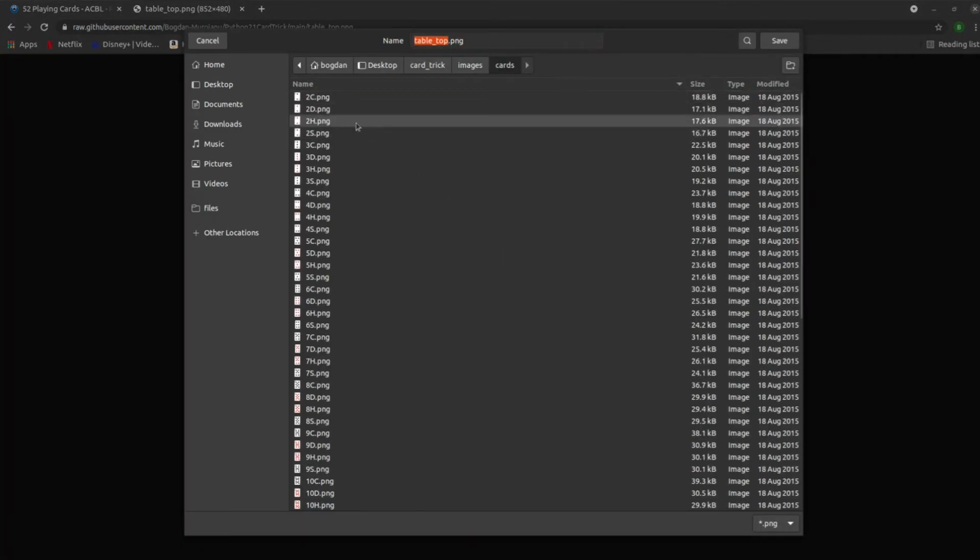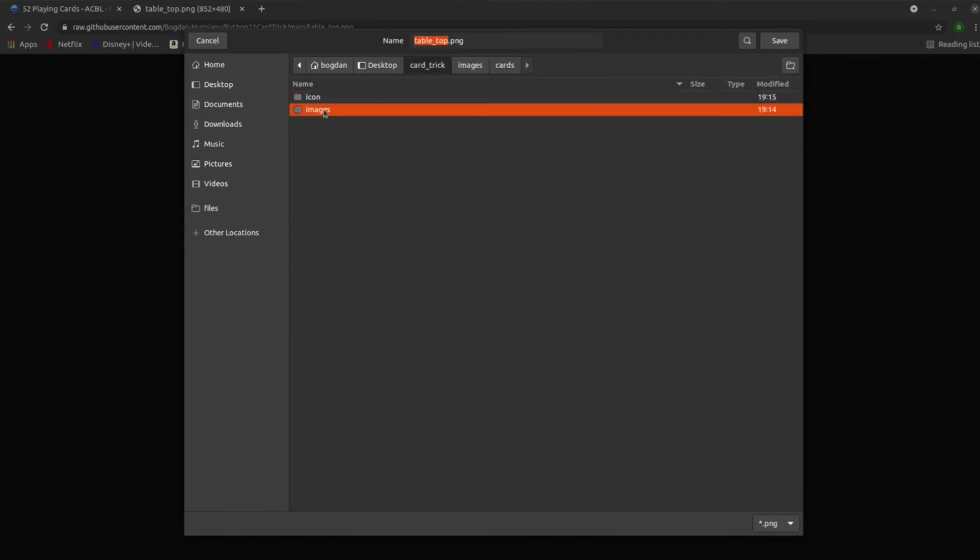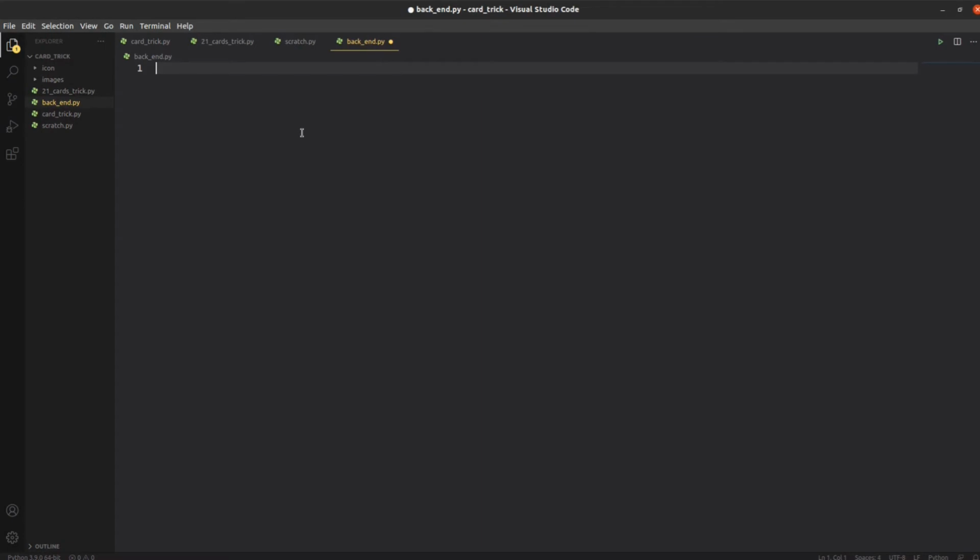You go here, you will find the image of the tabletop. You just have to save it, save image as, and then in images, not in cards, save it. Okay, now that we have everything downloaded, let's go to the backend and start to write some